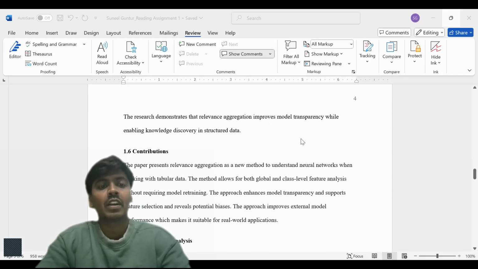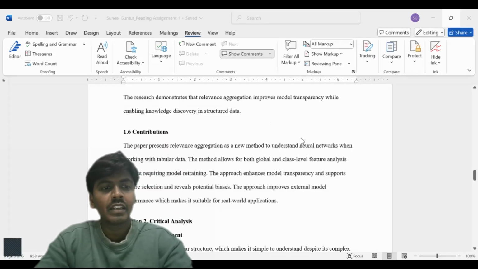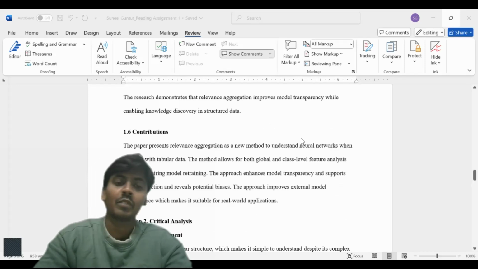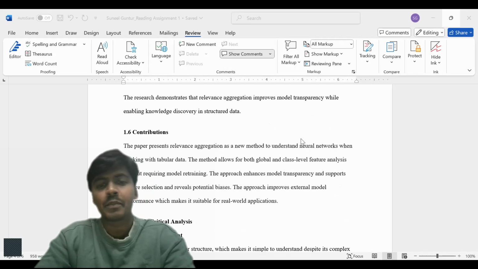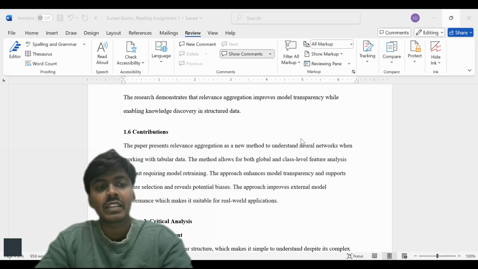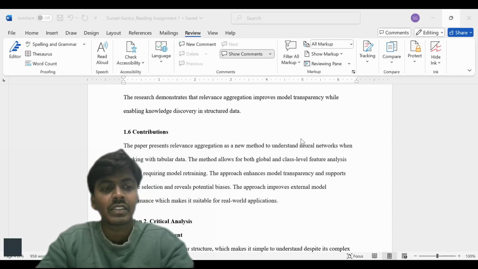Coming to my contribution, it introduces a new interpretability method. The contribution of this paper is an interpretability method for tabular data that supports both global and class-level feature analysis, improves external model performance, helps detect biases, and is also useful in real-world artificial intelligence systems where trust and